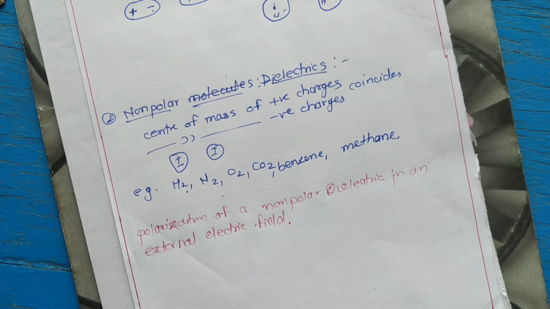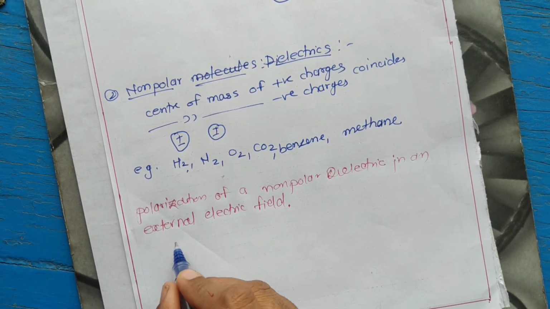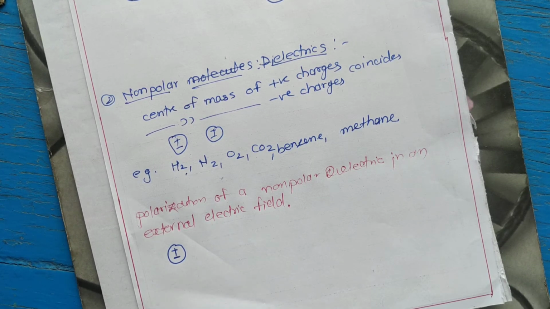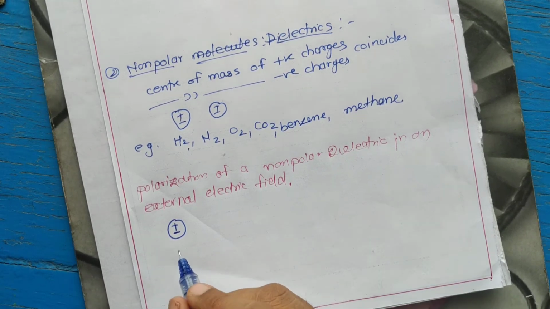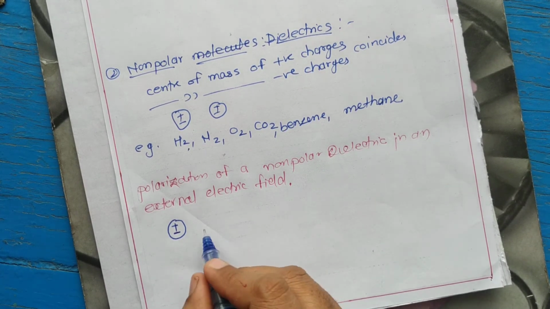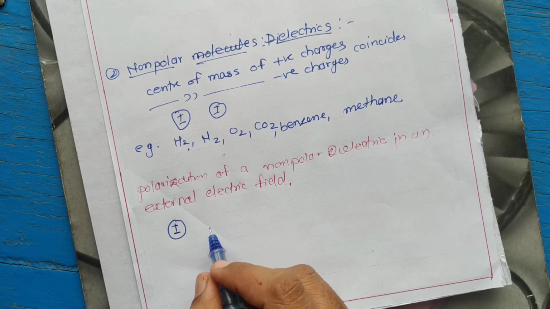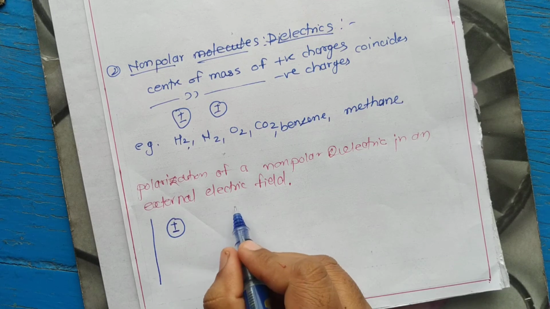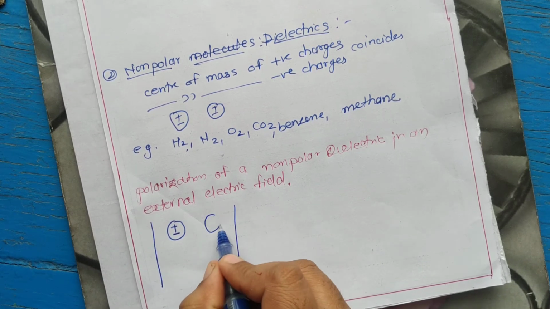So what is meant by a non-polar dielectric? It is one in which the center of mass of positive charges and the center of mass of negative charges coincide. These molecules are called non-polar molecules. When this non-polar molecule is placed in an external electric field, suppose this is the structure for the non-polar molecule,